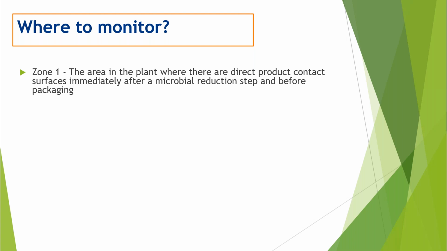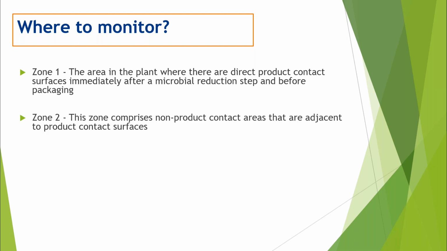You may have heard that everyone says don't do pathogen testing for zone 1 because it could lead into recalls. Certainly the concept is, if you do find a pathogen on a zone 1 surface, it would be very difficult to prove that you don't have a problem on product. And so that can lead to recalls. So that's one thing to think about. That being said, zone 1 is also probably the surface that you're most worried about, right? You're most worried about introducing risk to your food product. Something to think about.